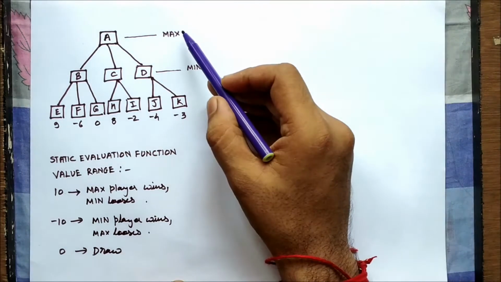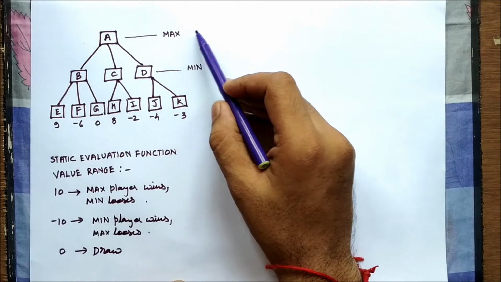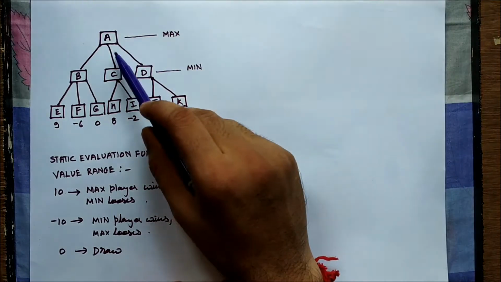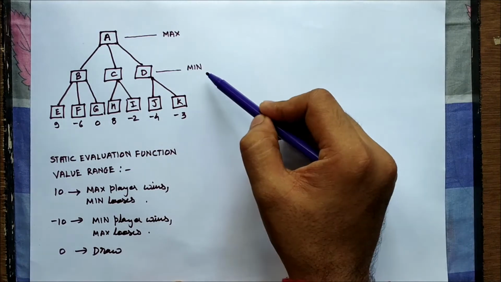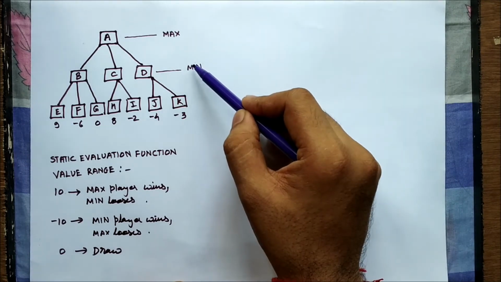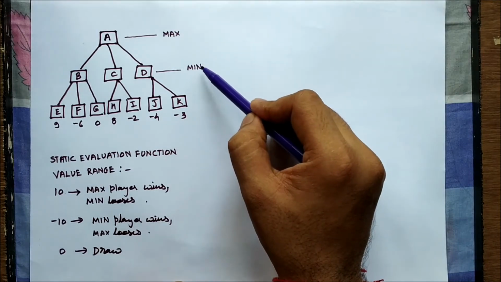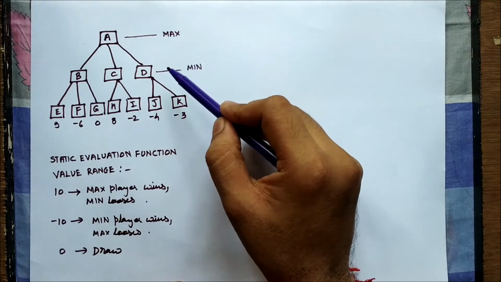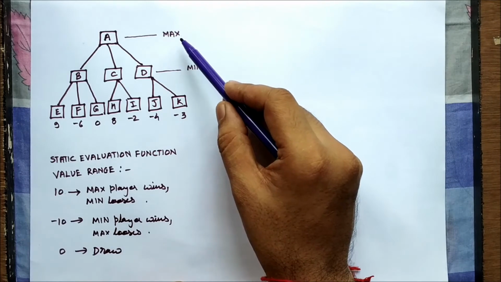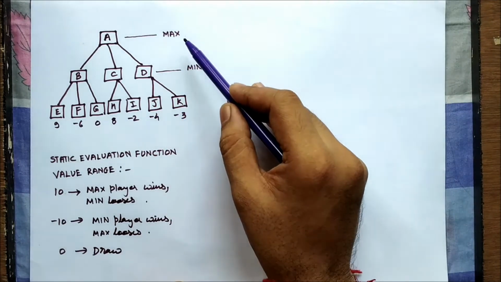So first it is the first player that plays. His aim is to maximize his probability of success. Once he selects a particular move, then the next player, your opponent, will play. Opponent's play will obviously be to minimize your probability of success. So if the opponent can take you down and down and down, if you happen to go to the lowest value of the static evaluation function, that means the opponent is a winner and you are a loser.